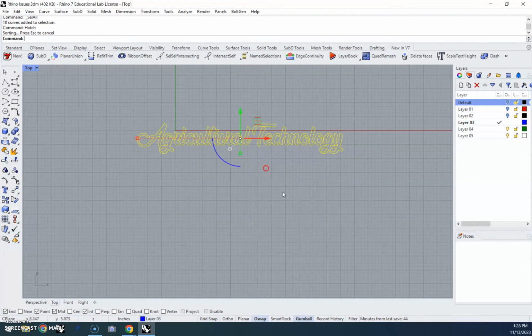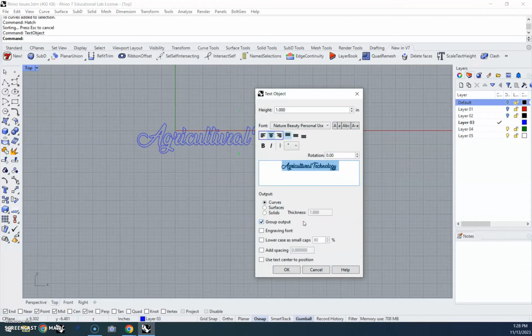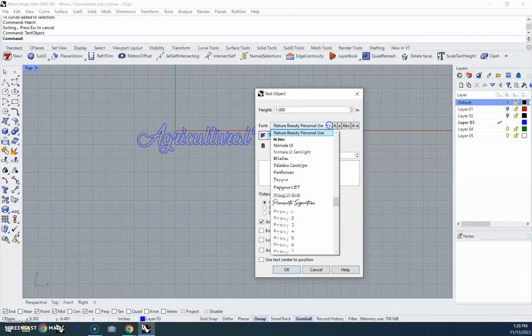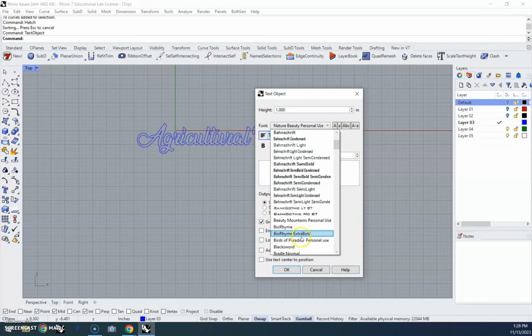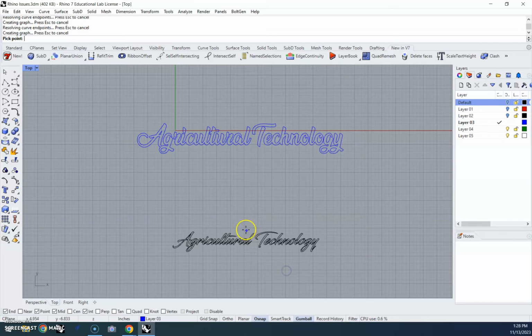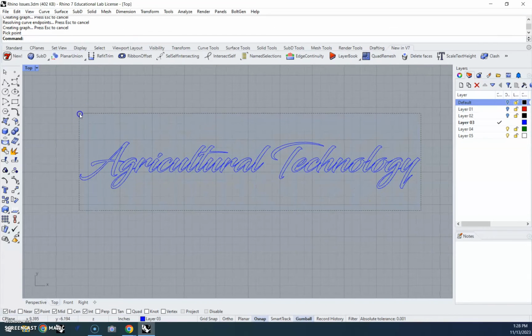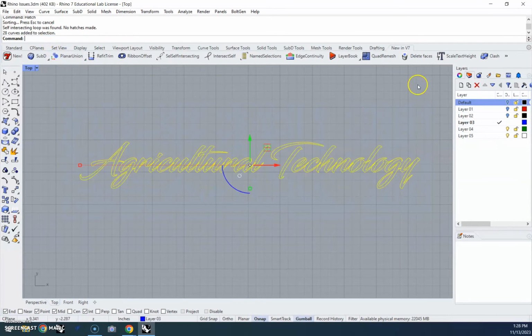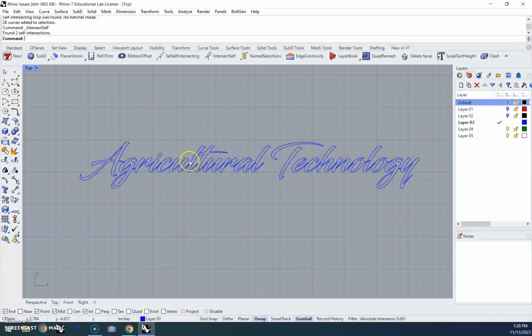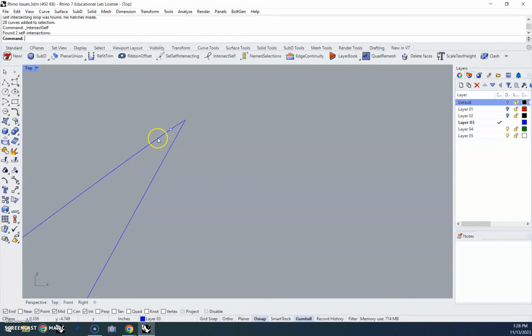Okay, so let's throw another font up here. Here's one that we have some issues with sometimes. So we just put that one on the screen. Let's highlight that and hatch. Uh-oh, self-intersecting loop was found. So we'll do this again. We'll highlight this, go to the New in V7 tab, and click intersect self. You notice it puts two points here, and you notice it's on the same letter each time. If we zoom into this one,